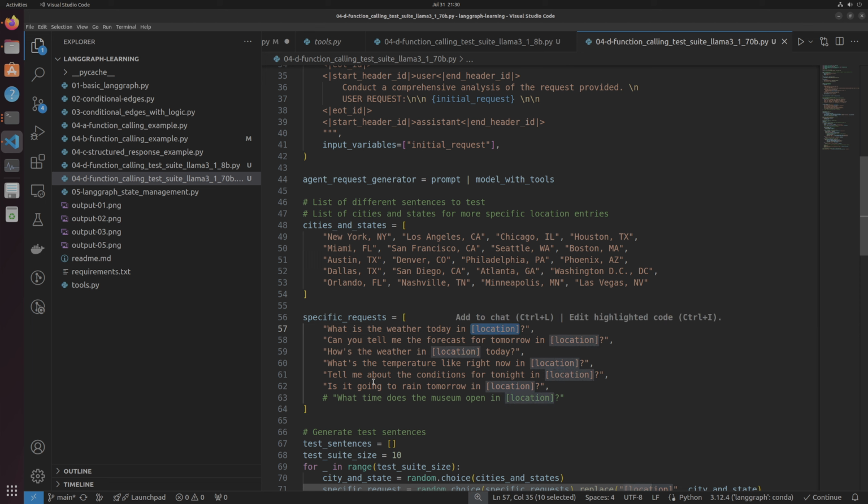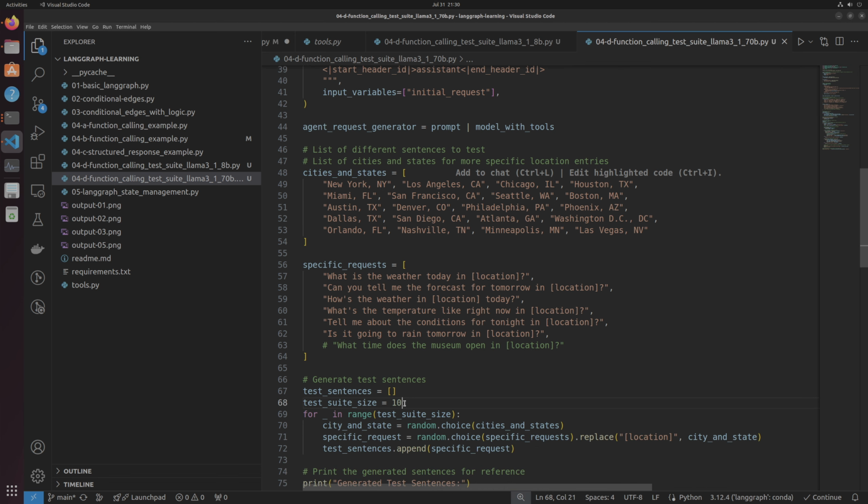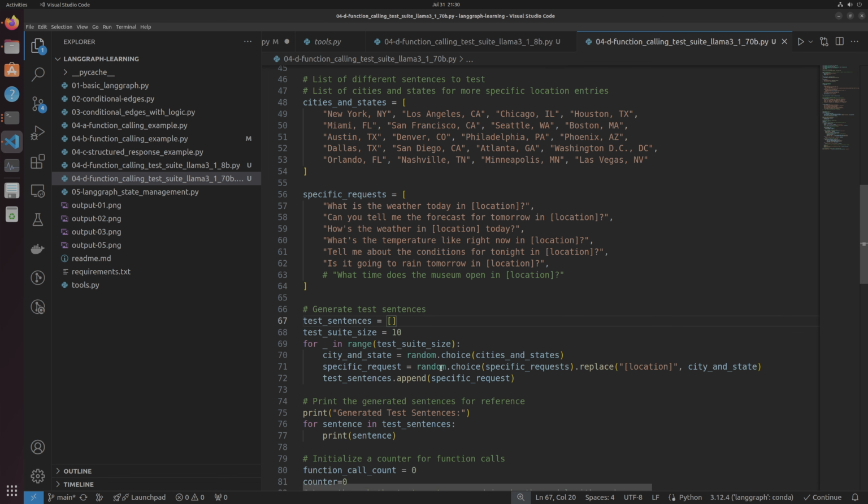So what I'm doing is creating some random sentences, which are a mix of these and some city and state, and then I am creating the test suite size over here, right? If I say 10, then we will generate 10 sentences and add them to this particular array. This test sentences array is empty at the start, and we are randomly choosing one of these cities and states, and then choosing one of these sentences,